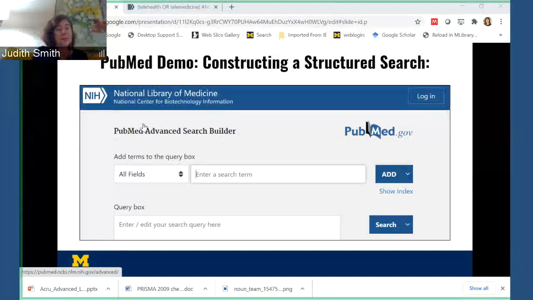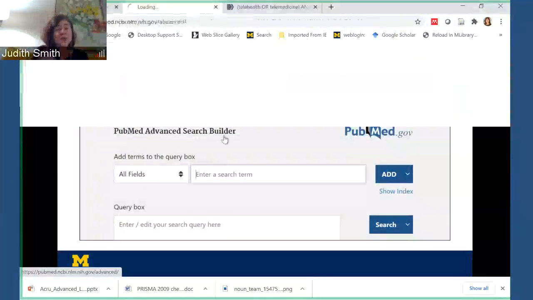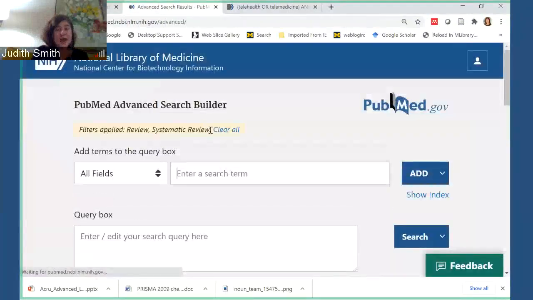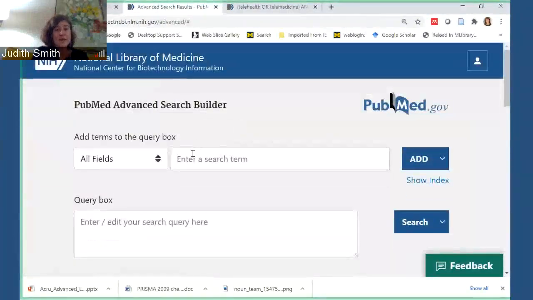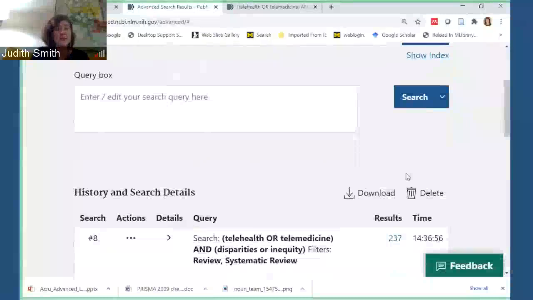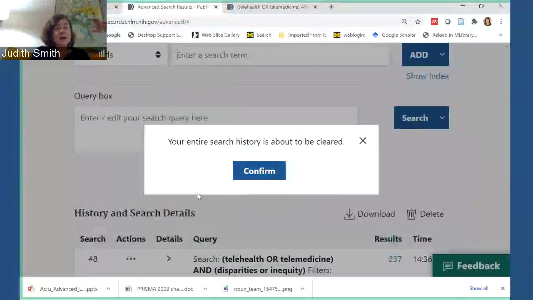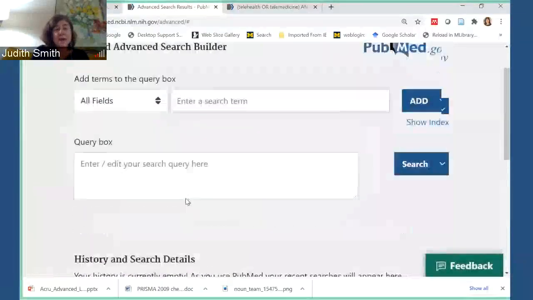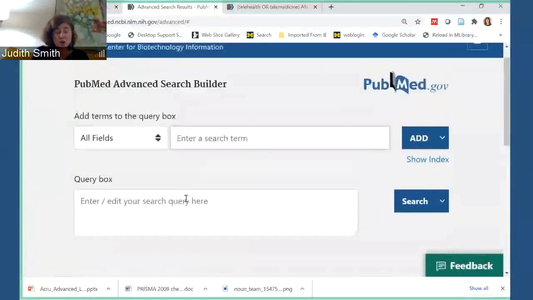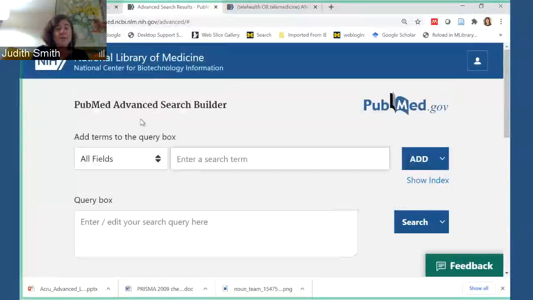It would be the same in Embase or Web of Science. So let's start with the telemedicine search. I won't put in every term, but I'll put in a couple of terms to give you an example. Through our exploratory searching, we saw that the medical subject term for telehealth is telemedicine.